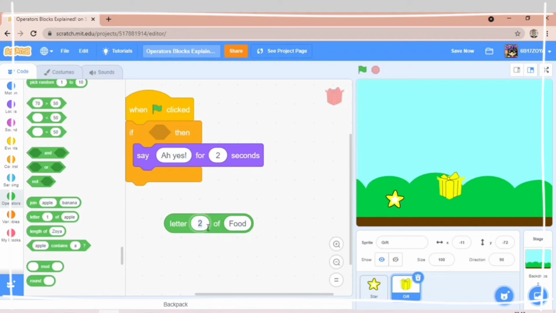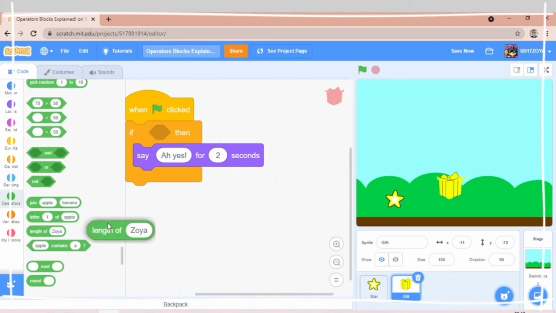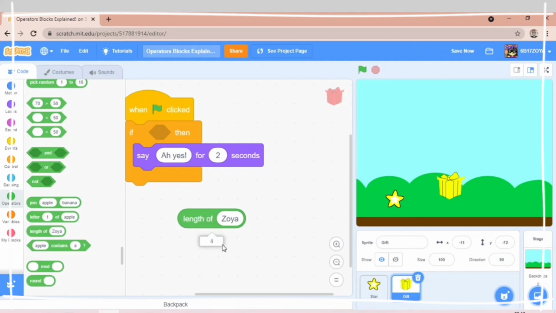It's O. The fourth letter? It's D. But if I write 8th letter, it would say nothing because there aren't 8 letters. Or if I say 0, there is no 0th letter, so nothing. It would work like that. And length is how many letters it has. Like Zoya has 4 letters. It will be like that.